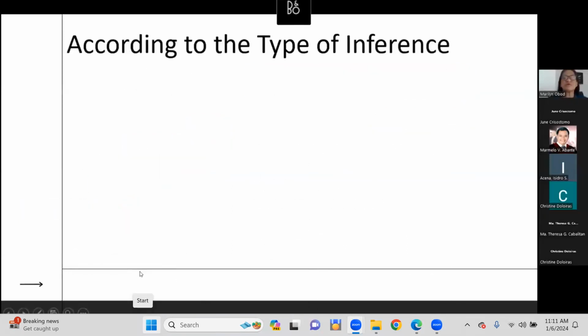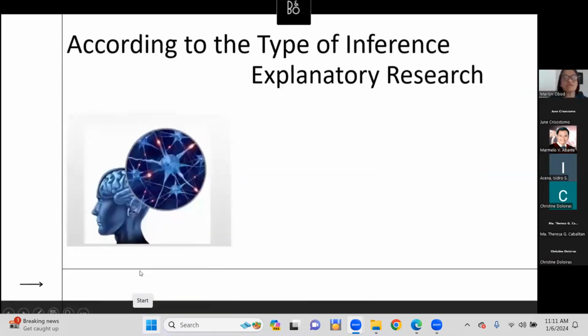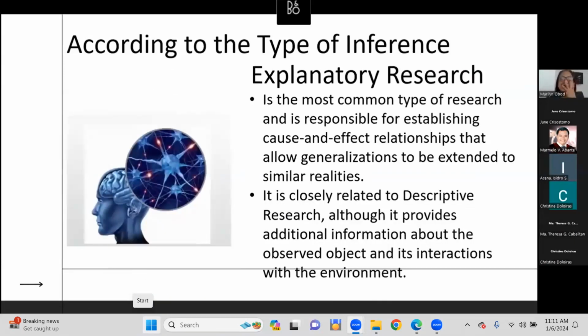Next po. According to the type of explanatory. Okay. So yan. Establishing cause and effect relationship that allow generalizations to be extended in similar realities. So meron pong mga concepts sa business na ginagamit na ngayon sa education. Diba? Ginamit dyan explanatory research. Dati, merong ginagamit naman sa education na trinay ngayon sa business. Meron akong naalala, pero hindi ko siya maalala ngayon, but dati may example ako dyan. Ay yung mga ginamit na